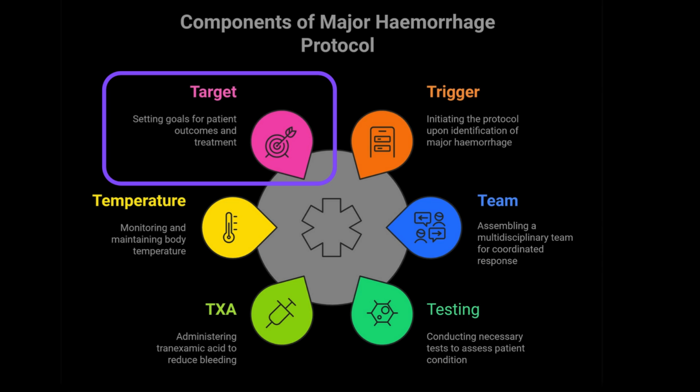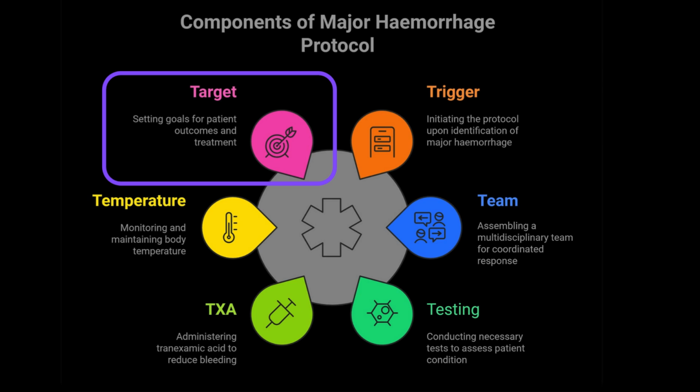Hemoglobin levels should be between 80 to 100 grams per liter and even higher, at least 100 grams per liter, if the patient is actively bleeding. Other critical markers include keeping the fibrinogen levels above 1.5 grams per liter, platelet counts over 100, and INR at